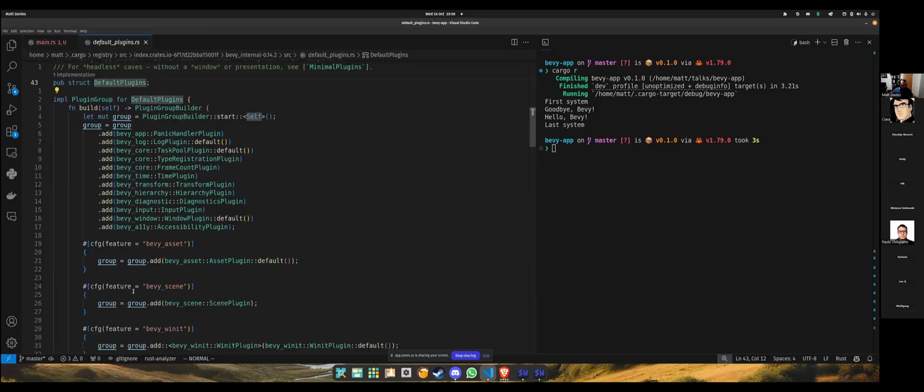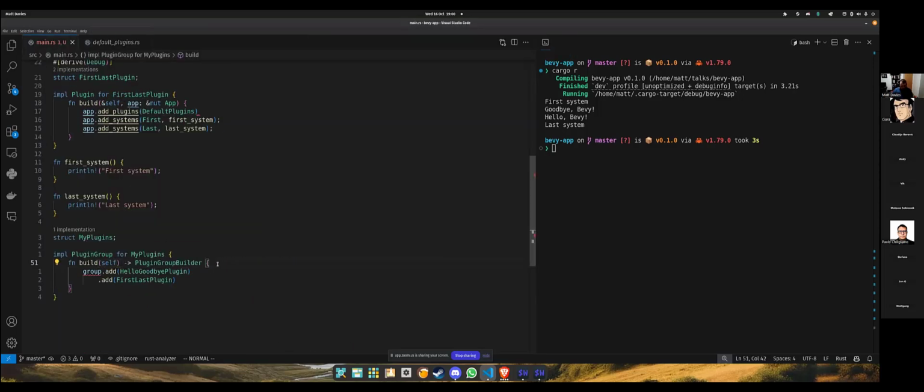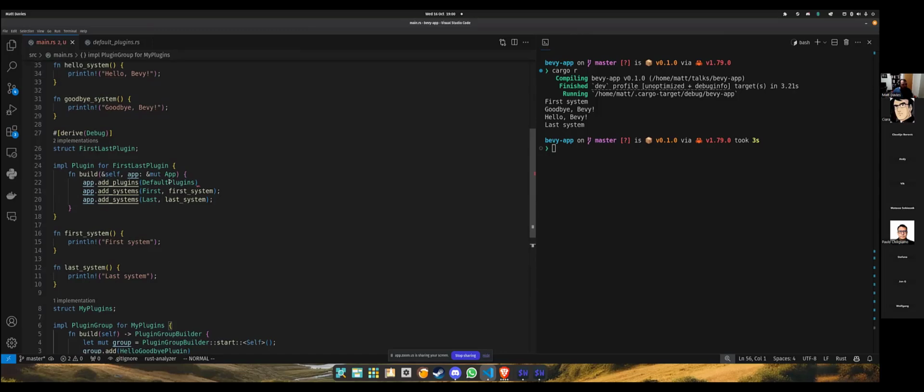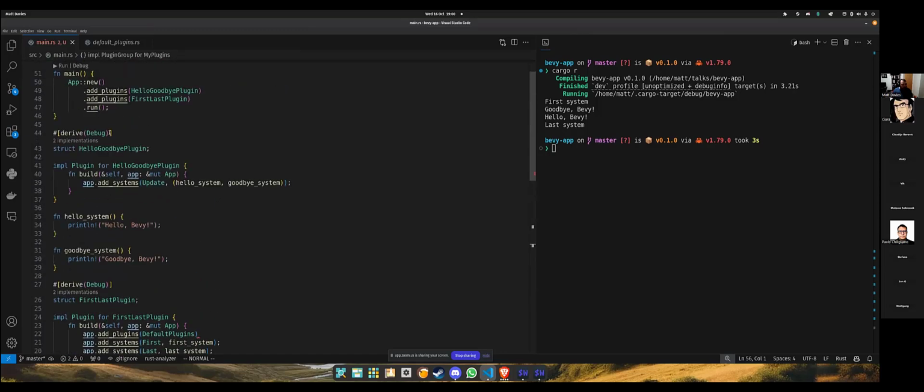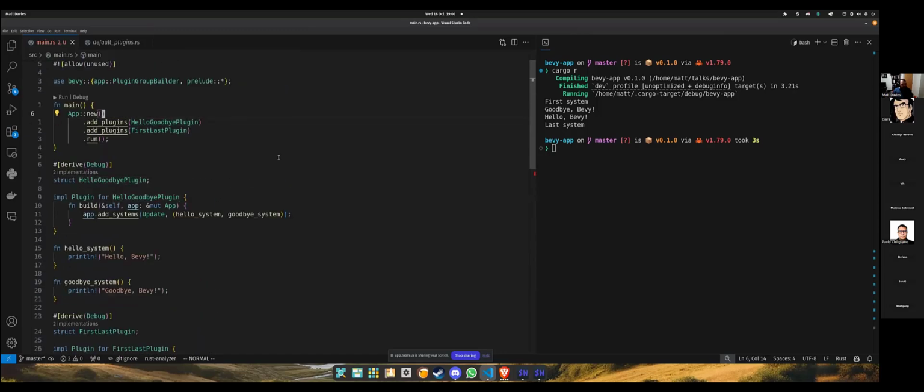And then we create a plugin group builder, we call start, and we pass in our self, and then we add this. So now I can go back to the main, and instead of adding these two, I can just do